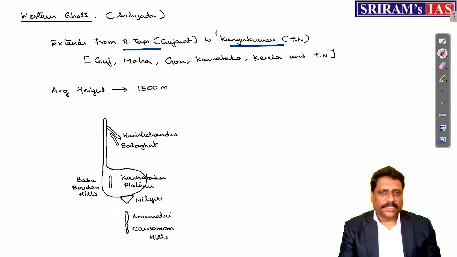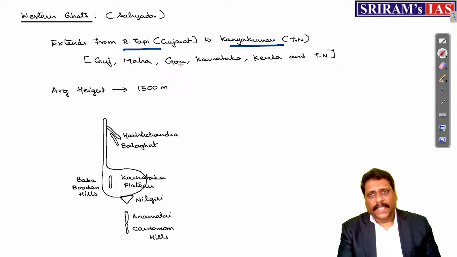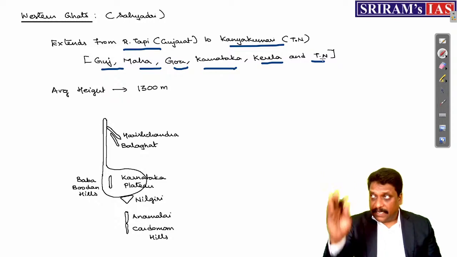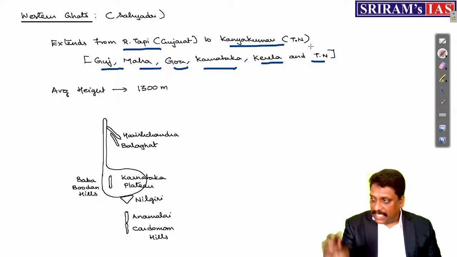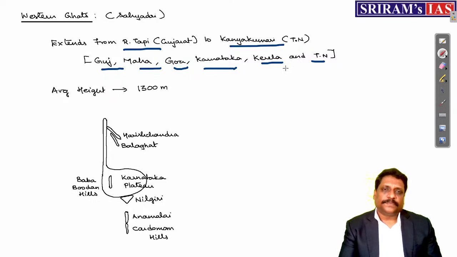Once they have asked a question, in 2017, they have given a statement: Western Ghats is spread over 5 states only. That time we marked it wrong because we know the fact that Western Ghats is spreading over 6 states. All the Indian states which have a coastline with the Arabian Sea are the states where I have the presence of Western Ghats.